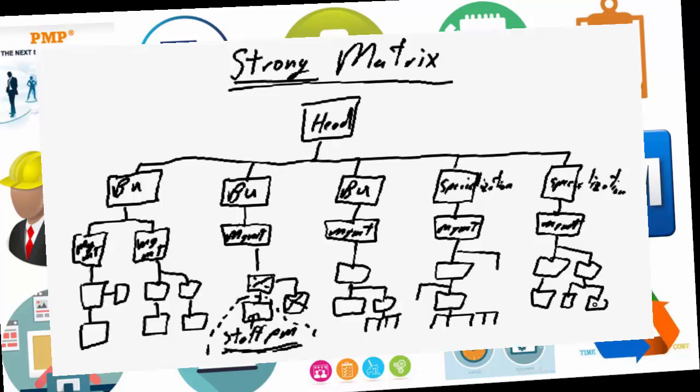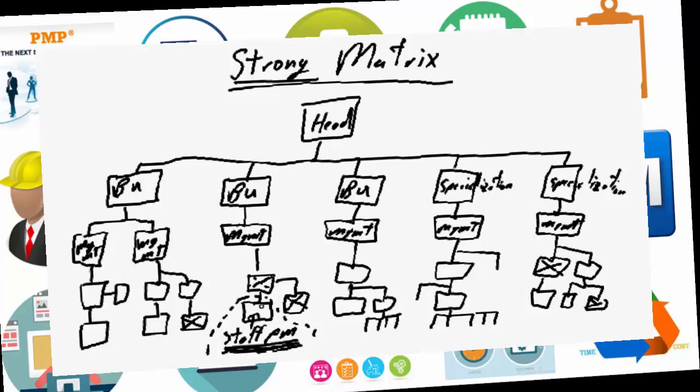We bring in team members from various parts of the organization, and we use the appropriate skills from these team members from this business unit and from this business unit and the core team members from this business unit to ensure the project is delivered successfully. The key differentiator between a strong matrix and a weak matrix is the assignment of a dedicated, focused, trained, skilled